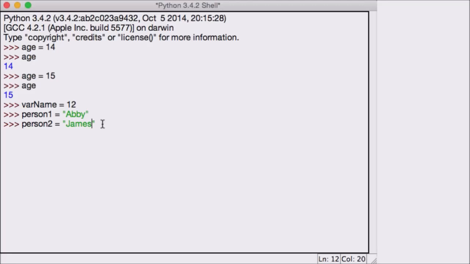Well, that's not the case. Here we talk about multiple declaration. And all it does is you can assign multiple values to multiple variables in one line. Now, the way it works, well, you can do something along the lines of this. Person 1, person 2, person 3. And I want to set person 1, person 2, and person 3's value as Abby,